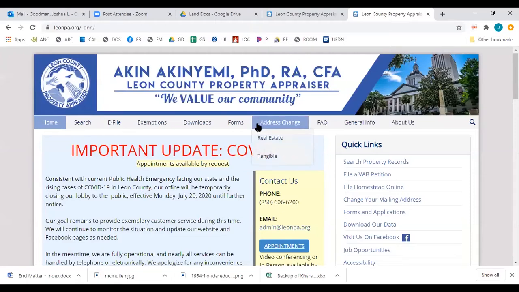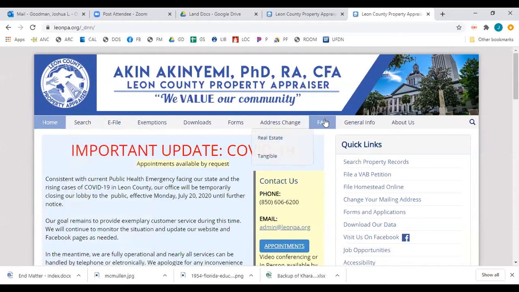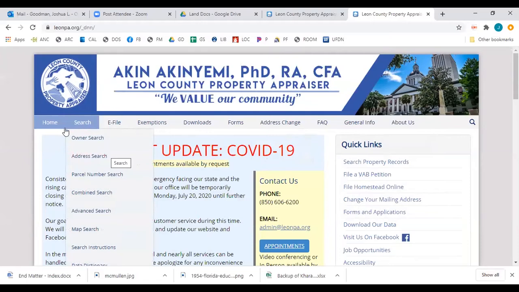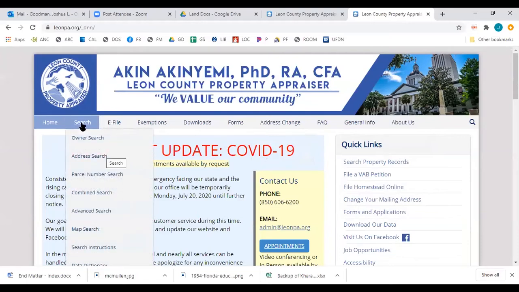They all have it. Now, not every property appraiser's website works exactly the same. They don't all necessarily use the same software. They may have their website organized differently. I know this one looks a lot different from the Taylor County property appraiser's website, which I use a good bit. But the functions are going to be generally the same. What you want is this search menu. You've got some really powerful tools for determining who owns land right here and now in Leon County. You can search by address, by the name of an owner.